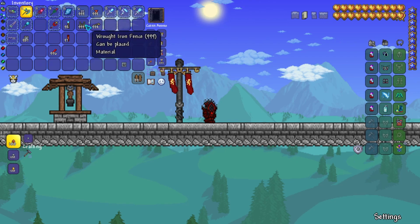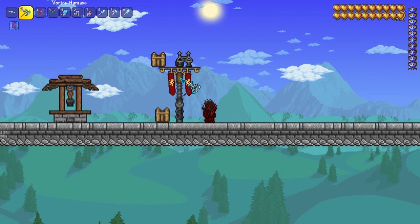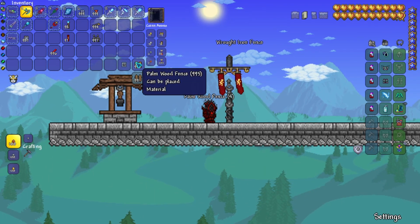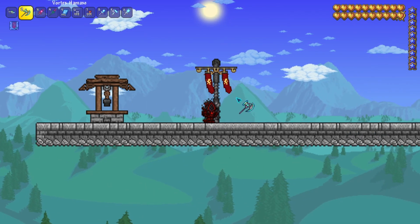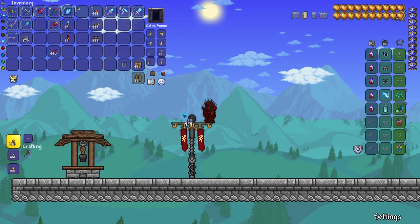Then what we're going to get is some grey paint, but first wrought iron fence in the middle. That's optional, but I think it adds a little bit more flair to it. Oops, I need to paint that. One second. And let's get that back. There we go. So now what we'll do is we will get ourselves some